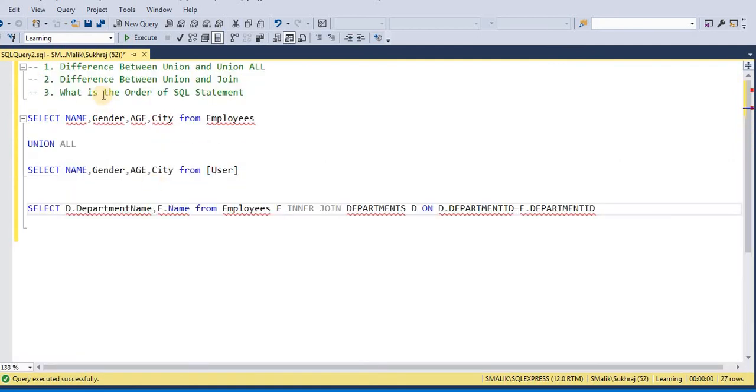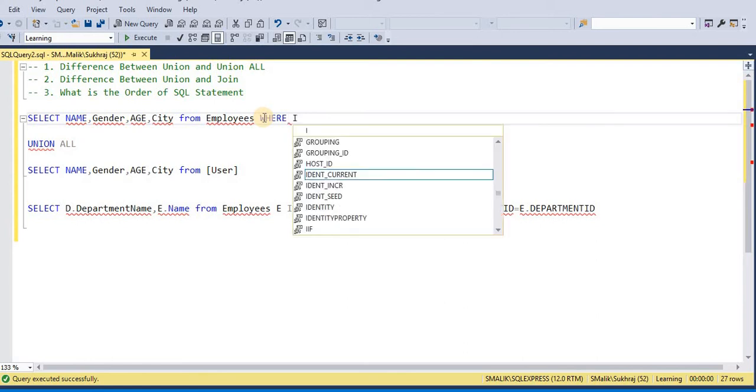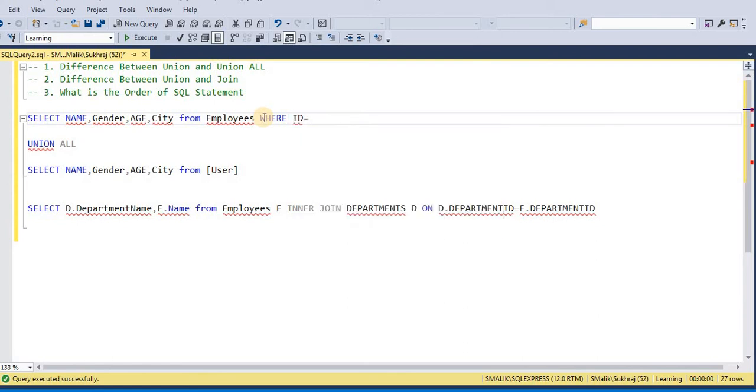And the next question is, what is the order of SQL statements? Suppose I am writing here where id equal to.